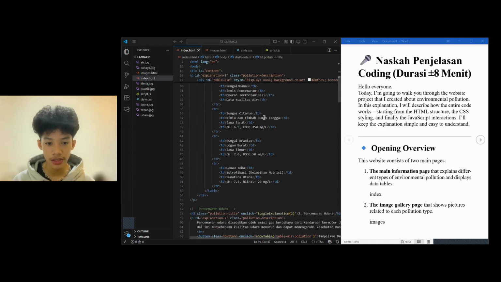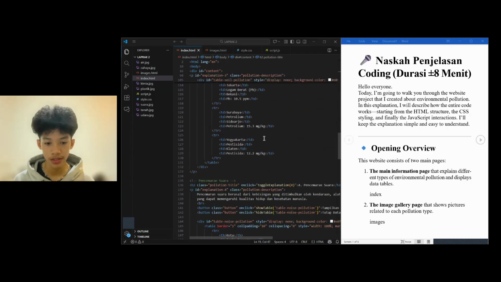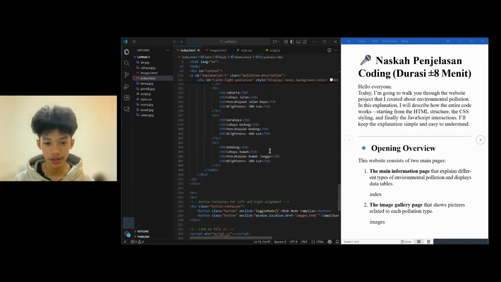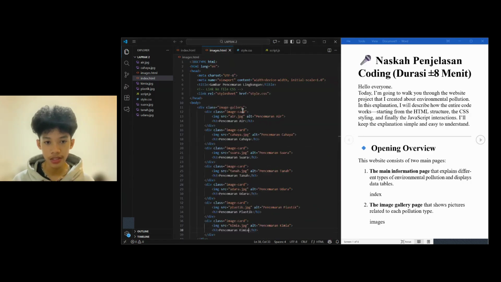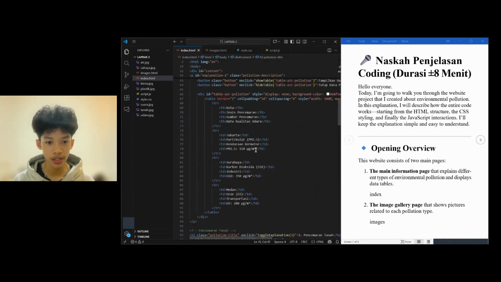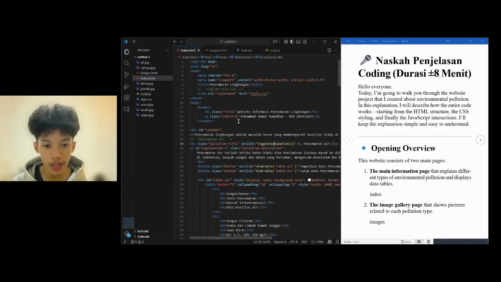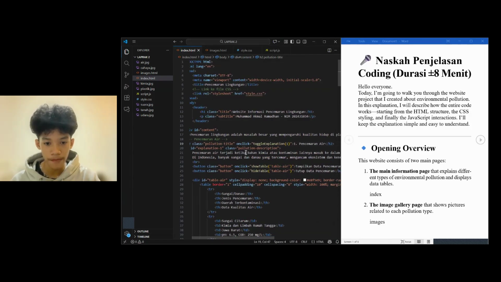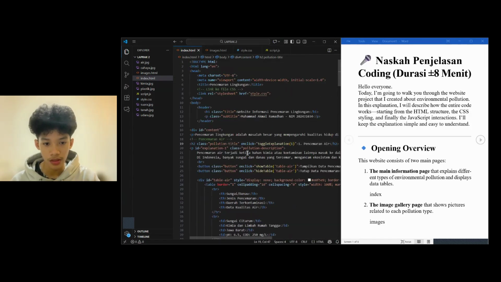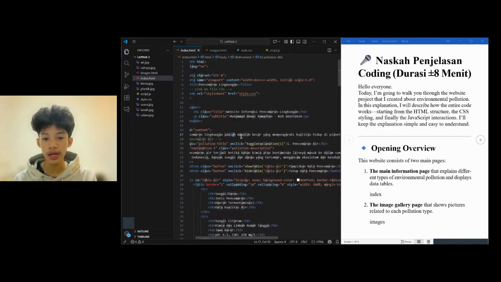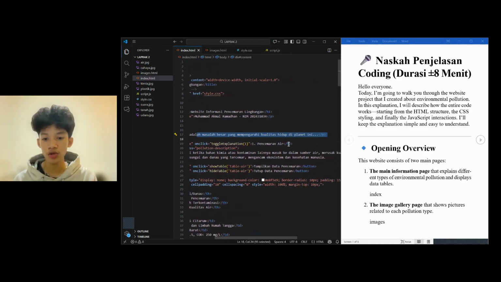In index, and this is the image page. In the index page, I use a div with ID content: pencemaran lingkungan adalah masalah besar yang mempengaruhi kualitas hidup di planet ini.